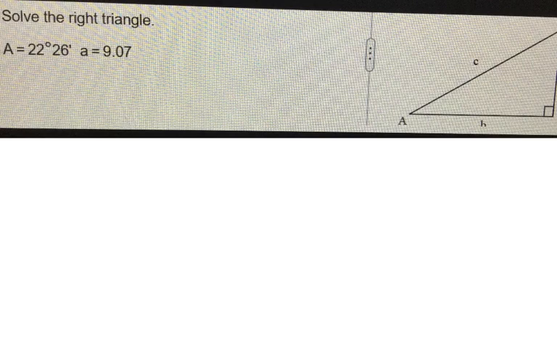So it tells me that angle A here, I turned it into a fraction, which I don't normally like to do that either, but the decimal's a repeating decimal, so I really don't have any other options. So angle alpha is 673 over 30,